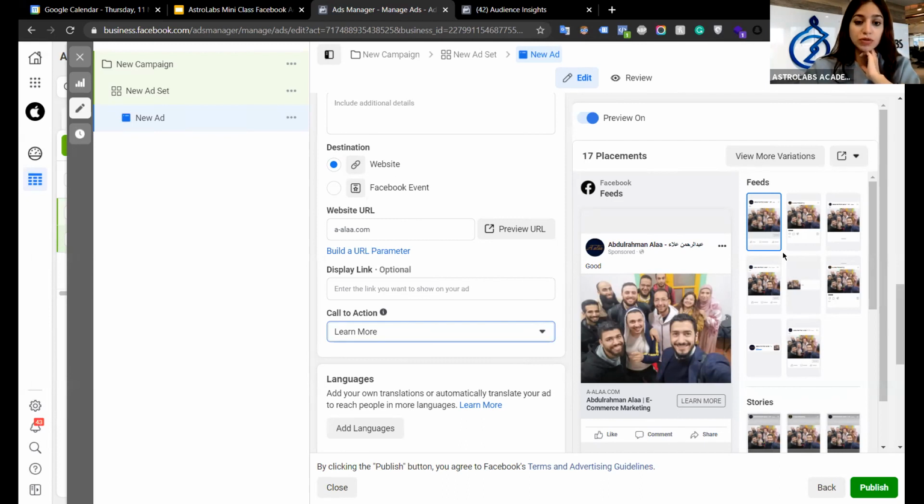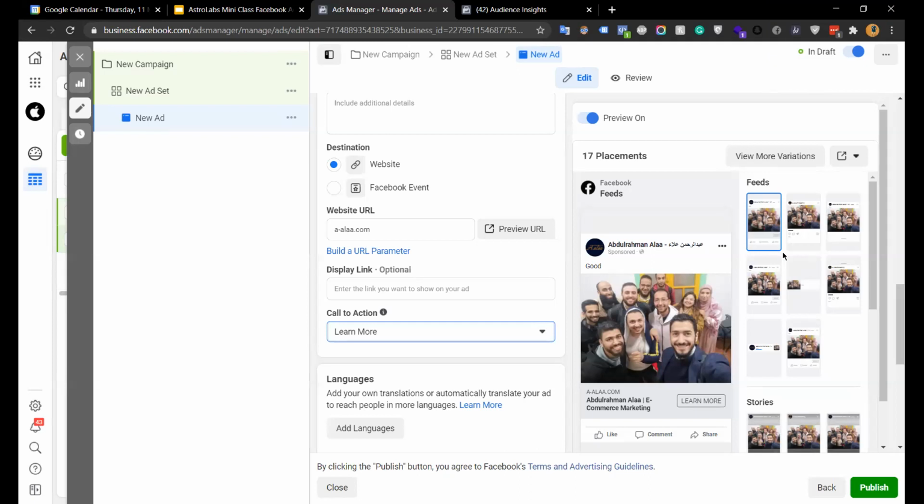And now there's a question from Octo's team. Is there a difference between boosting a post and creating an ad? Yeah, there is a huge difference. A huge difference. Do not use boosting a post at all. I'm recommending that, and I'm telling you that that's not a good way of doing ads, and it's kind of losing money fast. That's not good.